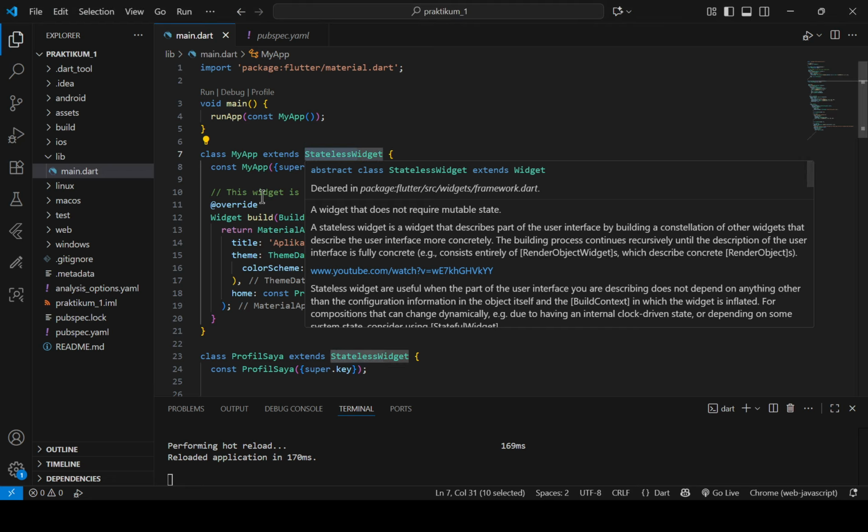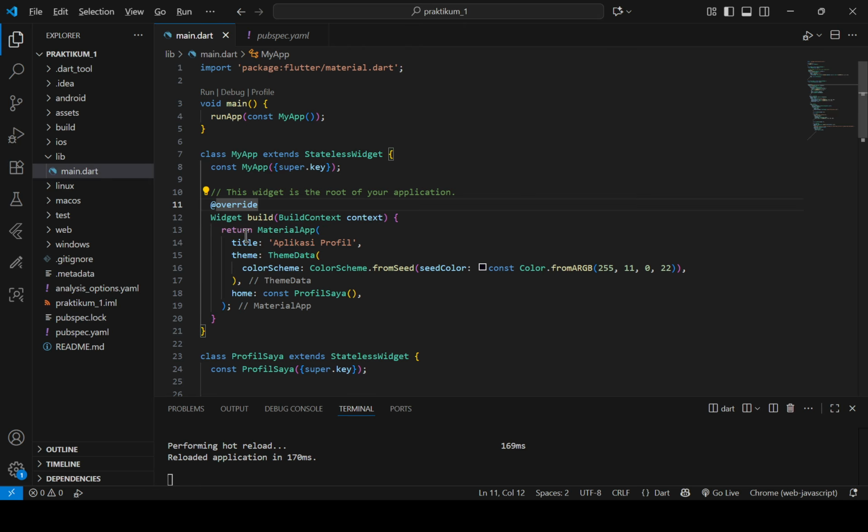Here we return MaterialApp. This is essential for giving our app the Material Design look and feel. Material Design is a set of standards made by Google for Android. Inside that we set the title and then the theme.